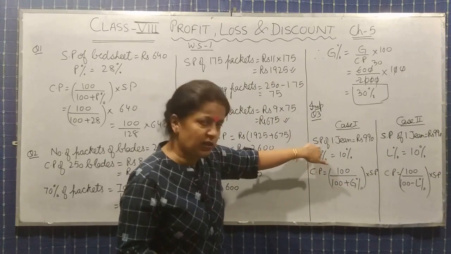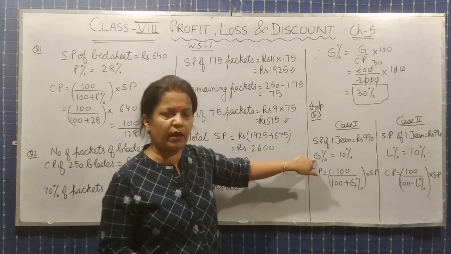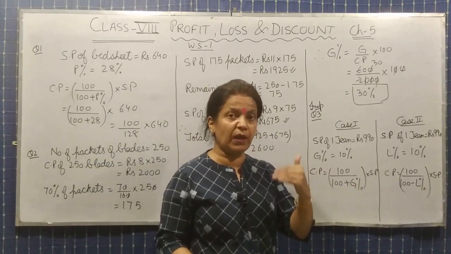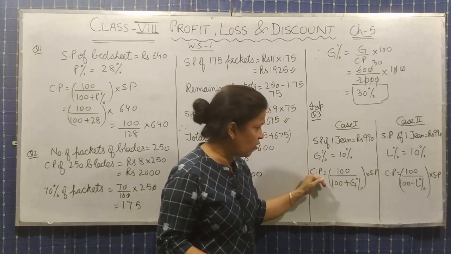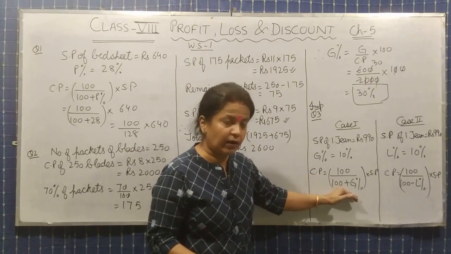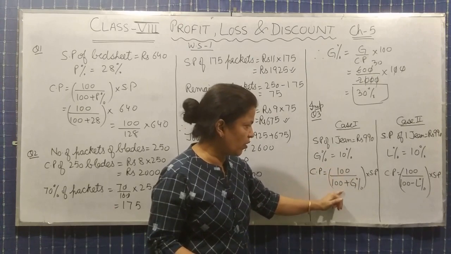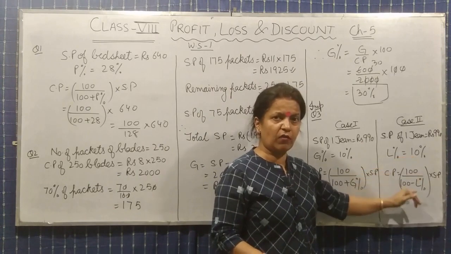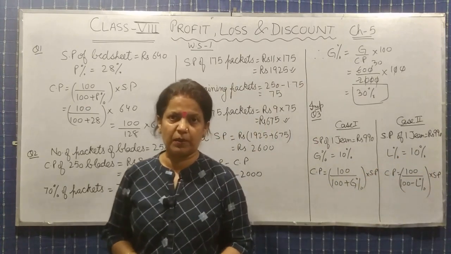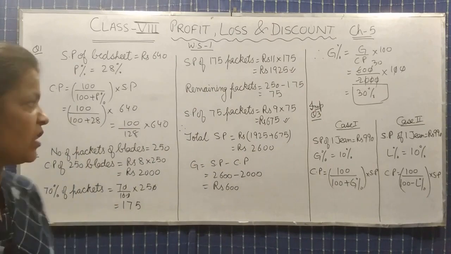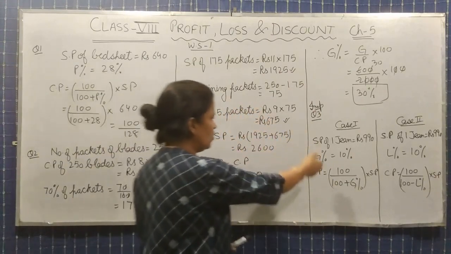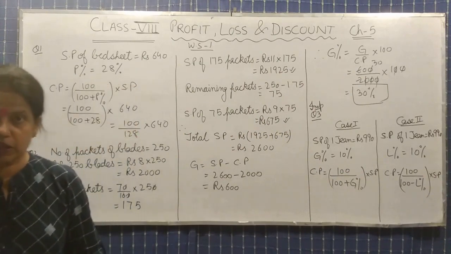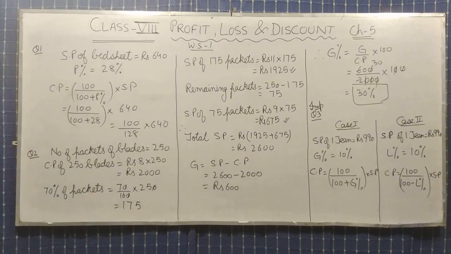अब देखो, selling price दिया हुआ है, gain percent दिया हुआ है, so can we find out cost price? SP में ऊपर, CP में नीचे. So we will find out the cost price, नीचे लिखना है. So formula will be 100 upon 100 plus gain percent into SP. और इस केस में क्या हो जाएगा? Because loss दिया हुआ है तो 100 minus loss percent हो जाएगा. ठीक है. Now we will substitute the given values in the formula to get the value of cost price. Let's see how we will get the value now.